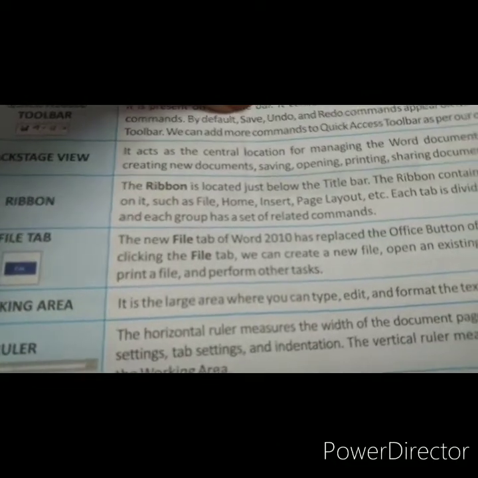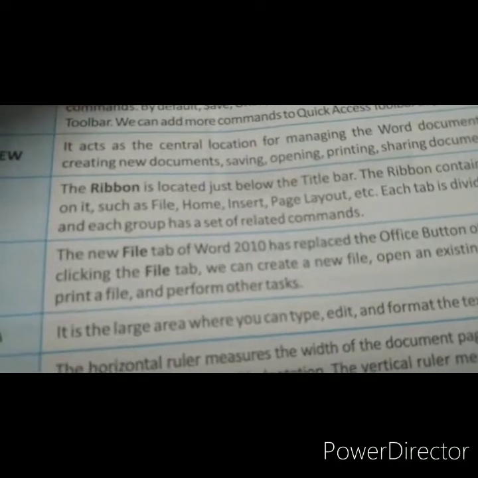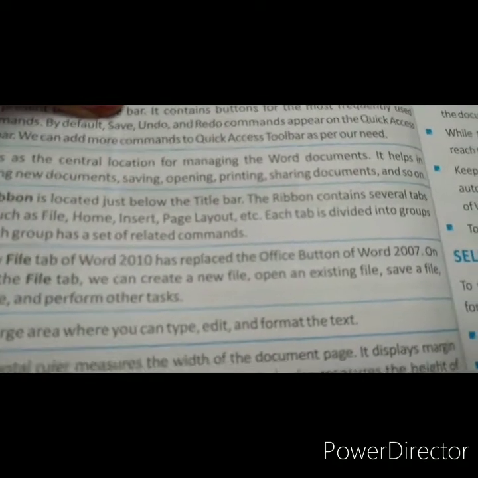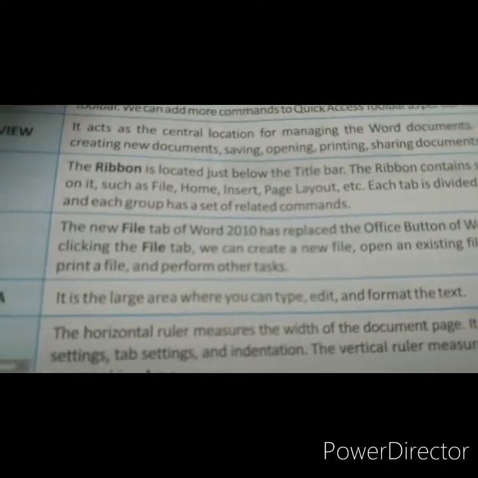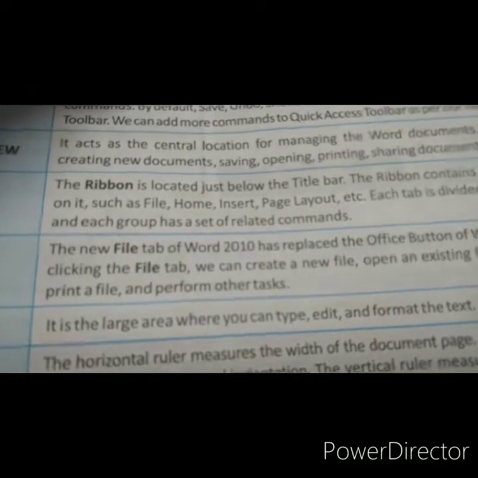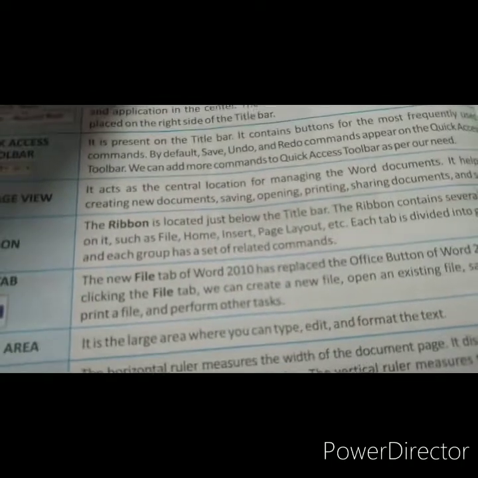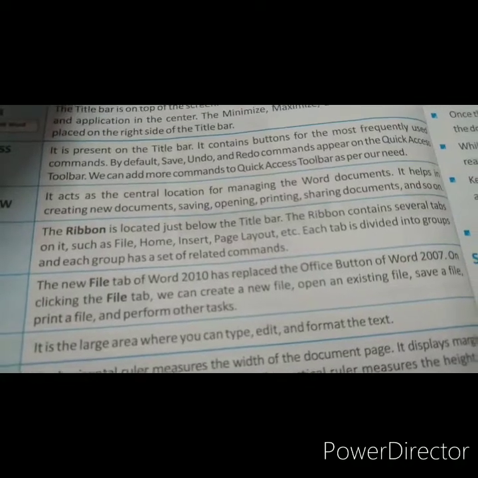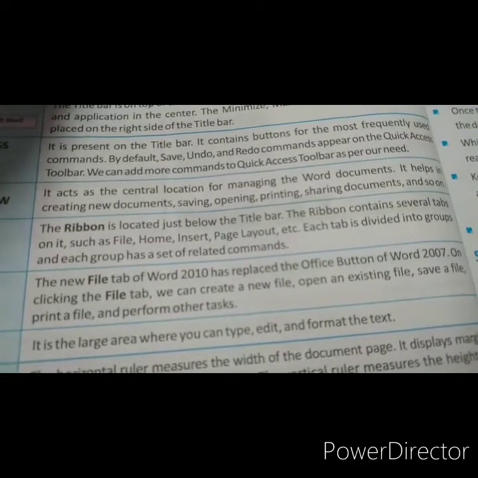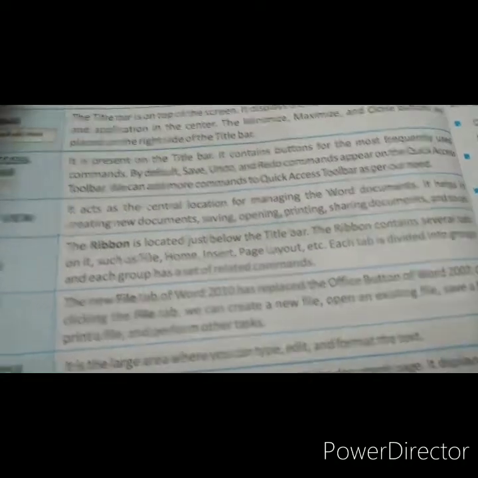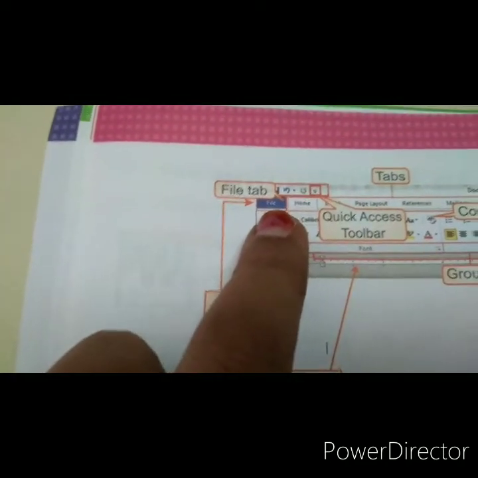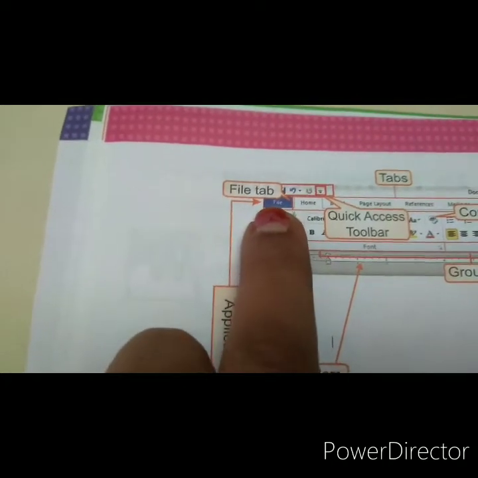Next comes the File tab. The new File tab of Word 2010 has replaced the Office button of Word 2007. On clicking the File tab, you can create new files, open an existing file, save a file, print a file and perform other tasks. See, here on the left side of the diagram, you can see the File tab.